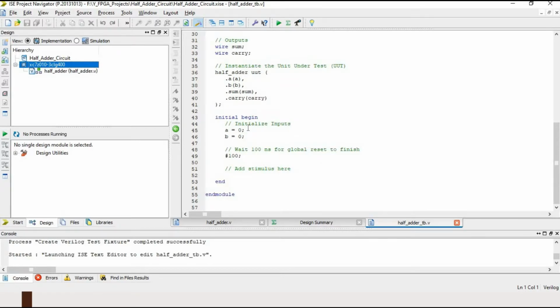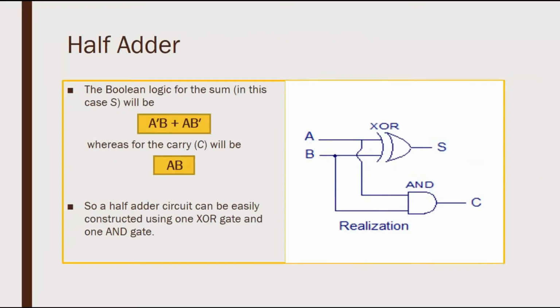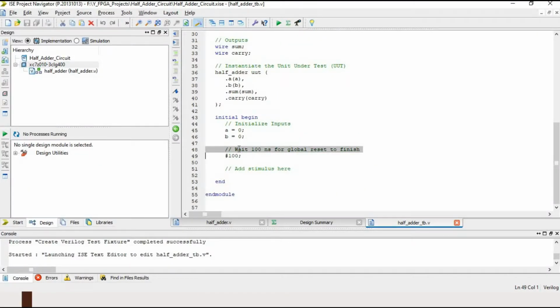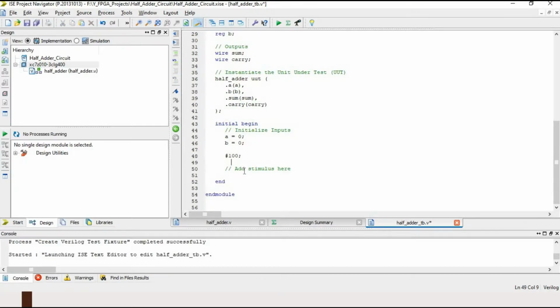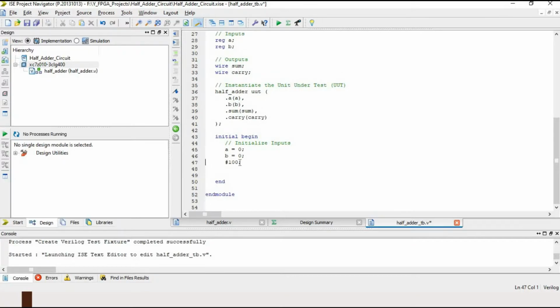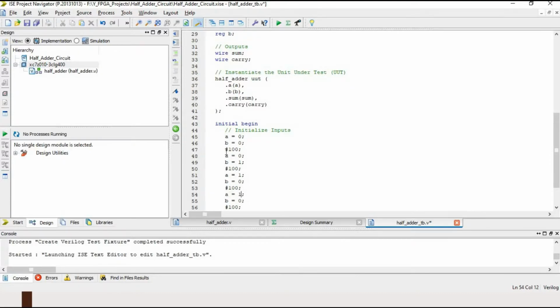Here the inputs define A is equals to 0, B is equals to 0, but we have 4 cases, like we can see here: input 0, 0, 0, 1, 1, 0 and 1, 1. So I'm deleting this line and also this line. Copy and paste 0, 0, 0, 1, 1, 0 and 1, 1.